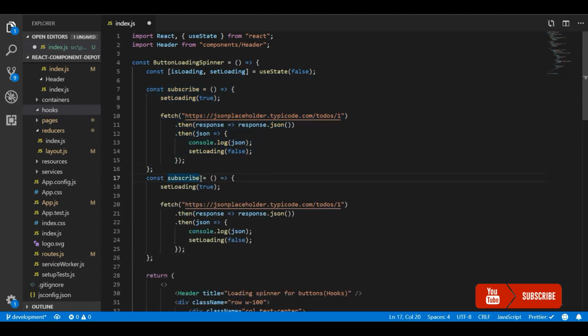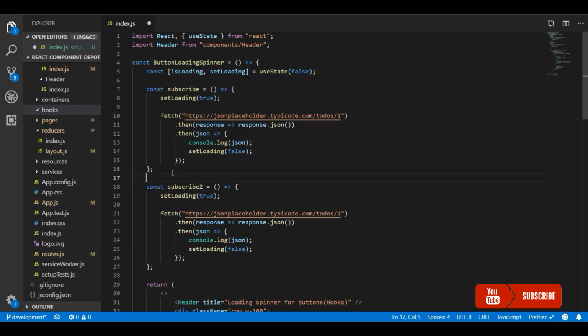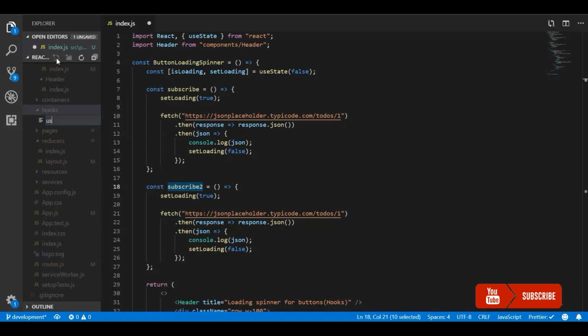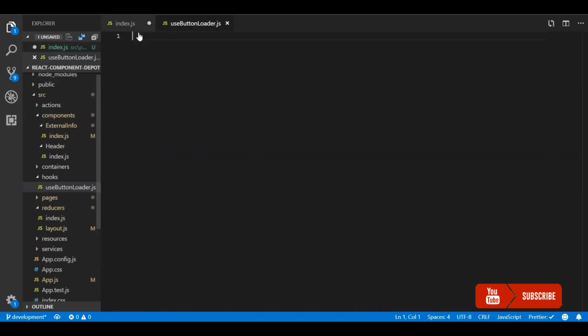Let's create the function again, for the second button. Let me create a hook inside the hooks folder, and call it useButtonLoader. This hook will return the loading state and the function to update the loading state.